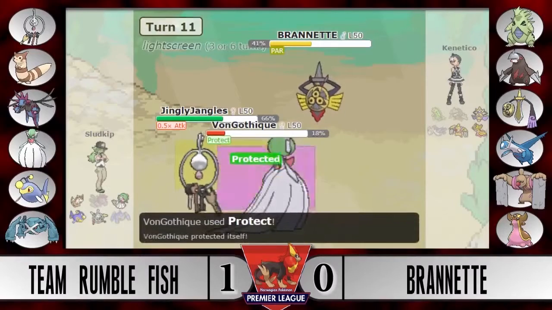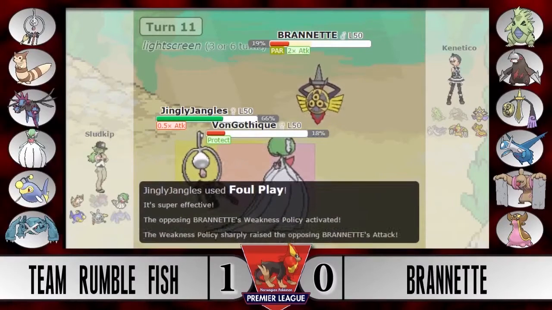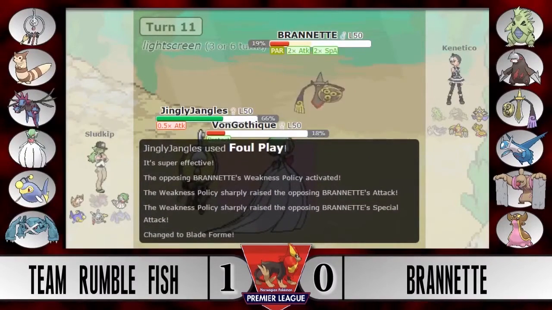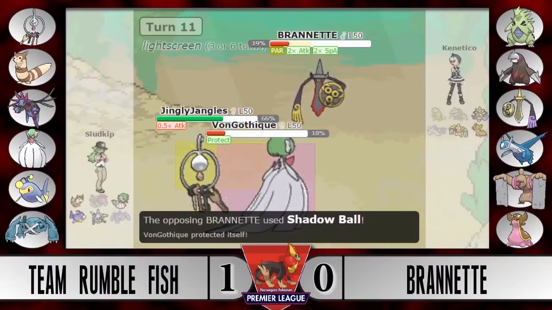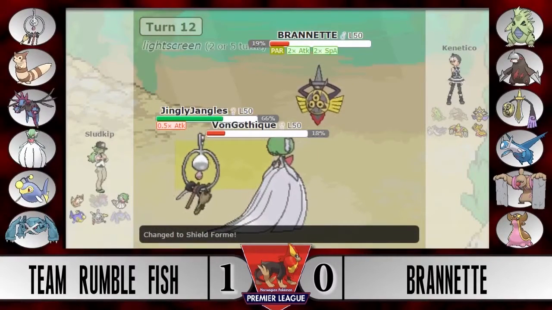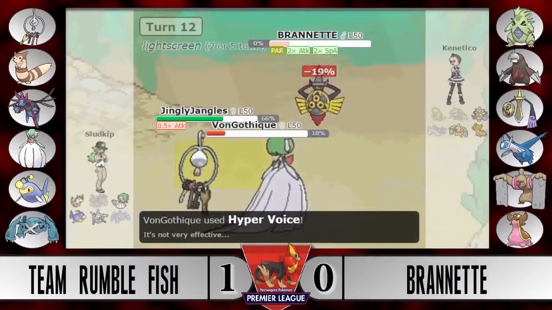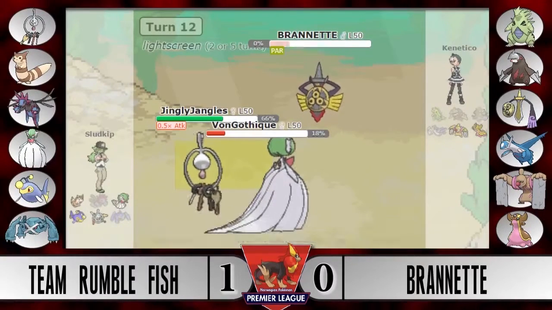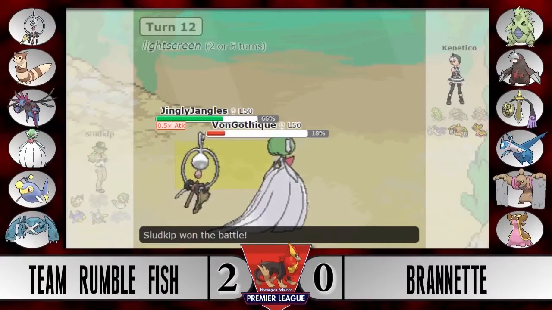The attack drop onto the Klefki is not going to matter at all, because the Foul Play here will still do the same amount of damage. We'll get the boost on the Aegislash though, but we can only assume that it's not going to be enough at this point, as the Shadow Ball goes into the Protect. Still see a King's Shield though, and a Paralyze, and that is probably going to be the game, because Hyper Voice is, even through the Shield form with the resistance, gonna be able to do the last bit of damage onto the Aegislash. And with that, Team Rumblefish on your left takes a 2-0 victory in the first round against